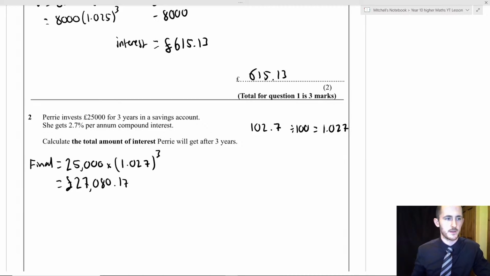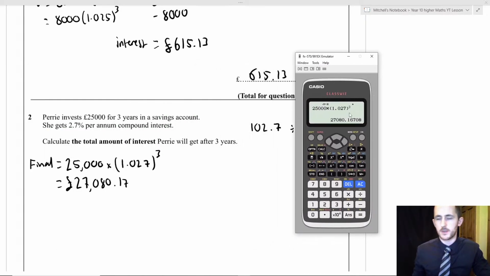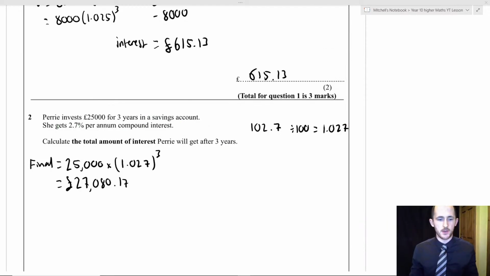Again, just to show you what I got on the calculator. It's that, to 2 decimal places. But again, if it's asking specifically for the amount of interest, you subtract the initial investment, okay? So we're going to take away, so for the actual interest,